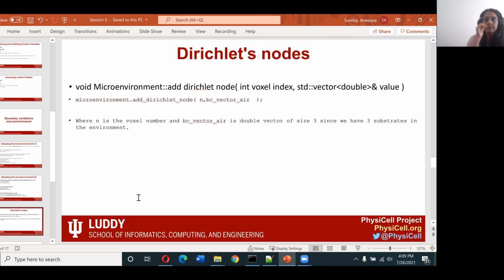Okay. Then the other important thing is the Dirichlet node, and the Dirichlet node is a very powerful thing. You can add a Dirichlet node anywhere in the domain, and in that Dirichlet node you can actually make a source or sink node there where the value of a substrate would remain constant. So you can add a Dirichlet node anywhere in the microenvironment. You can add it before, or you can want to add it during, you would need to add it in C++. So first of all, if you want to add a Dirichlet node, you would need the microenvironment.add Dirichlet node